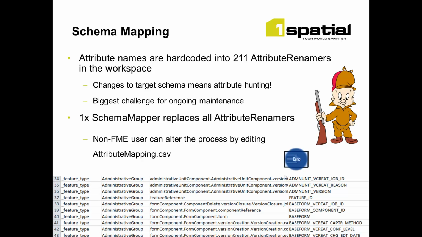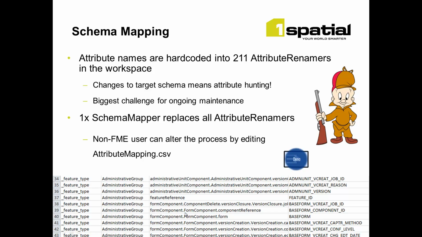For this kind of volume schema mapping, and by schema mapping I'm referring to things like changing the name of the layer that data is written to, changing the name of attributes that come from a source environment and are written to a target environment, adding and creating new attributes in a workflow. All of this can be managed with one transformer called the schema mapper, and it's an extremely handy transformer for doing data migration projects. Effectively, what it allows you to do is to take your attribute mappings that are hard-coded